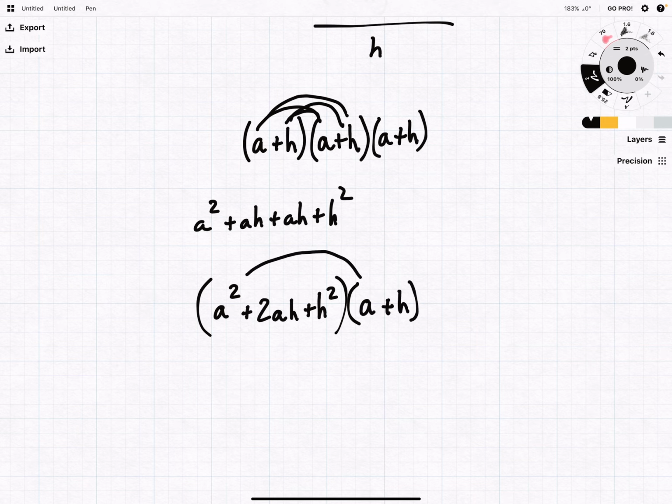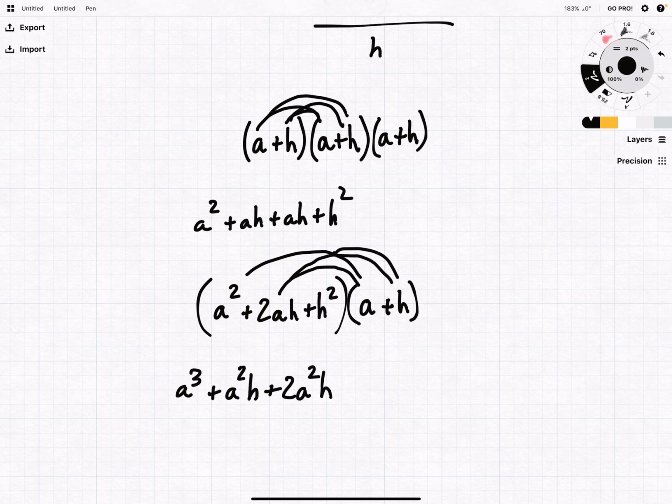So now we'll do this. We get a cubed plus a squared h plus 2a squared h. I'm just going a little slowly. I don't want to accidentally make a mistake with this. Plus 2a squared h